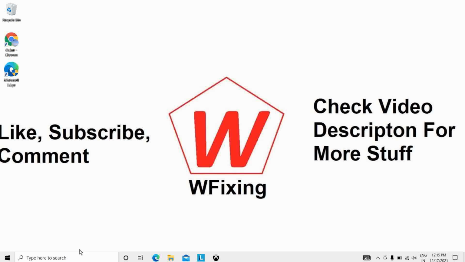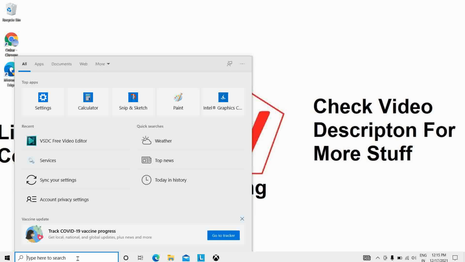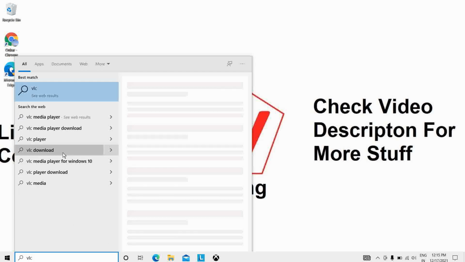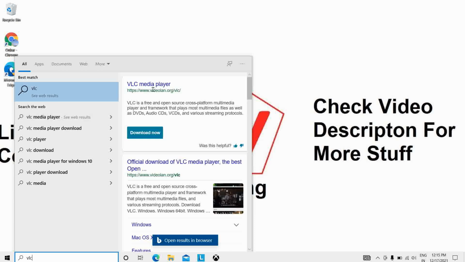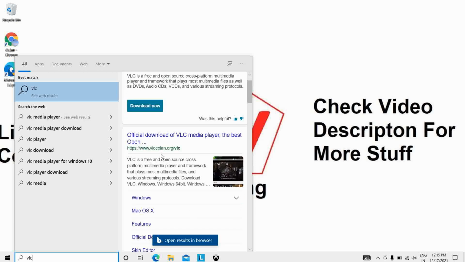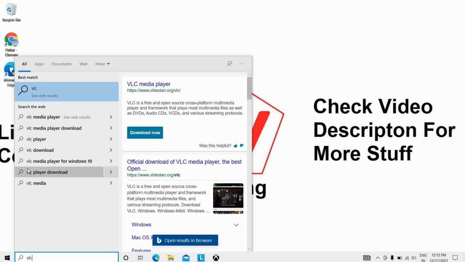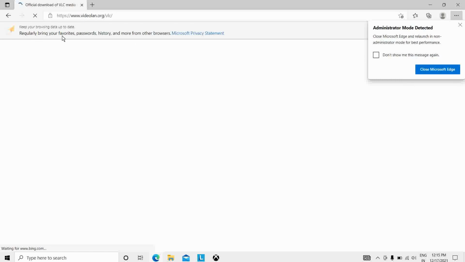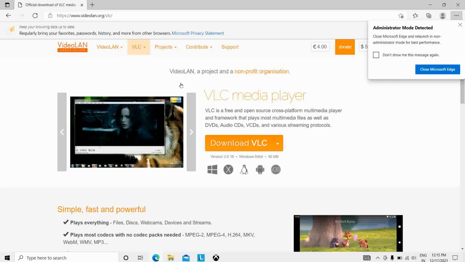So what you have to do is just go to VLC. Okay, so you can see here the VLC media player. You have to download it, and you can play the DVDs from here. If you go here, you will see the official download VLC player.